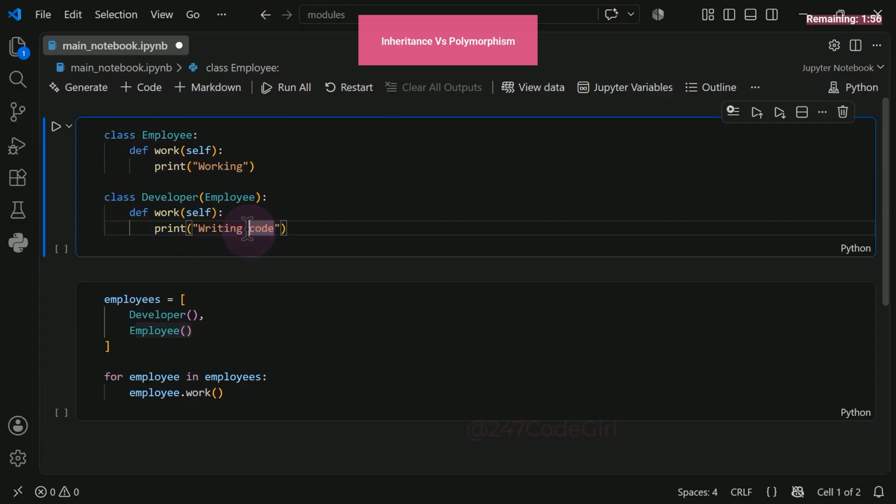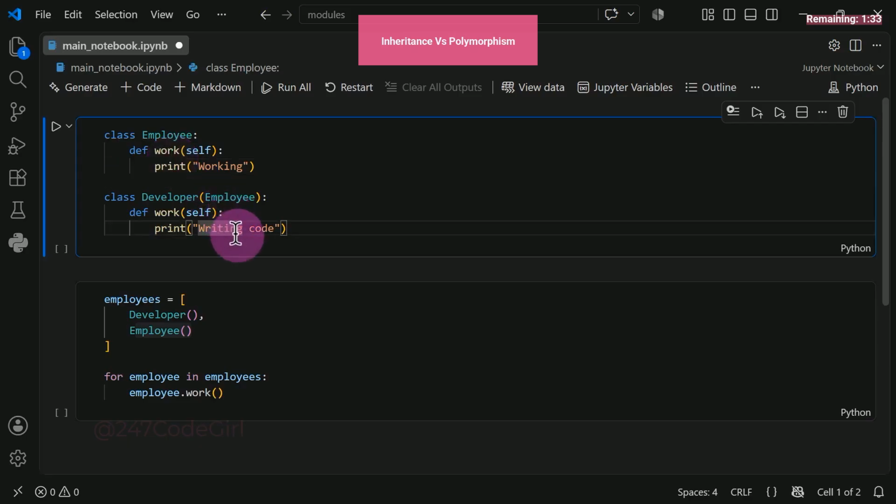You are saying, developer writes code. They do not just work. They write code. This is where you are changing the default behavior of a method that lived in the parent class. So the parent behaves differently to the child. The parent goes to work. The child goes to school. Both are doing work, but in different ways. The child's work is studying, while the parent's work is the hard graft of writing, say, code.